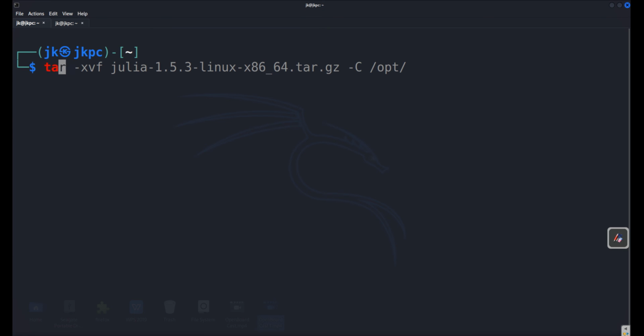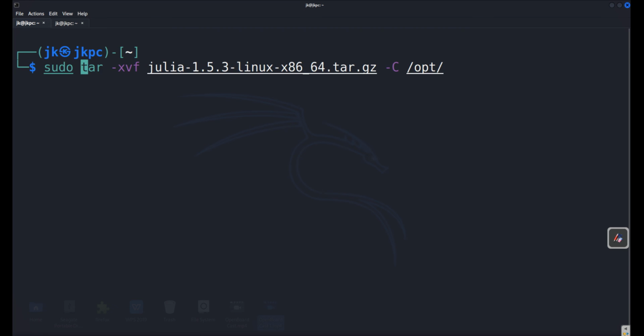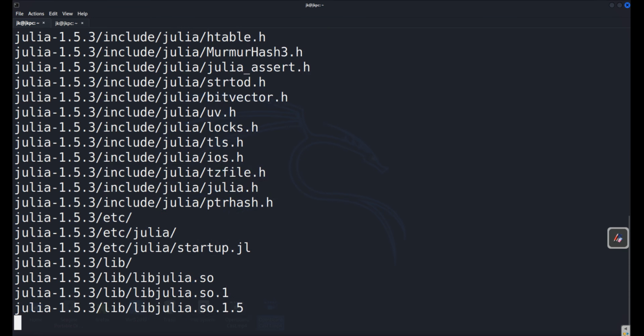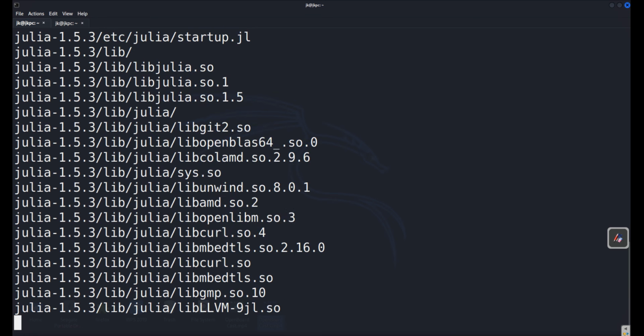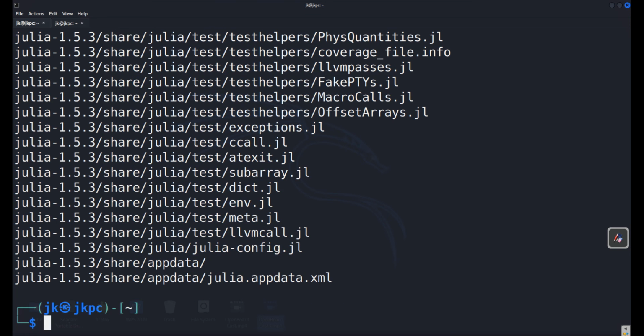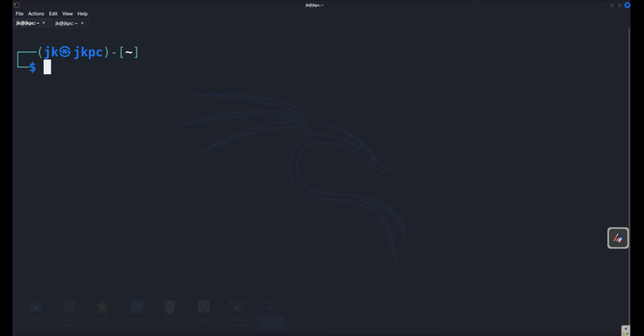and in the opt folder. I need sudo for that, and it's the right one. So we are decompressing it. Now, in order for our system to find it, we may have to update our bashrc, or